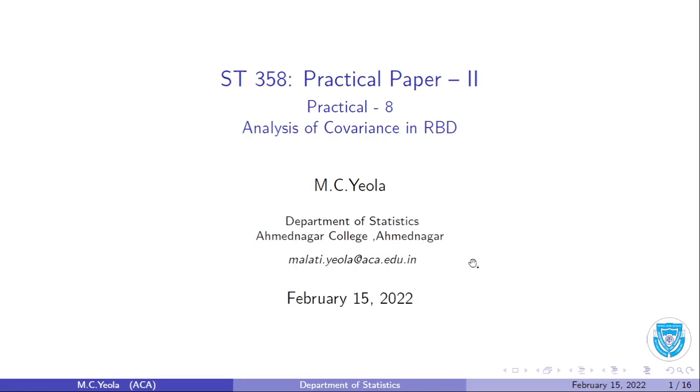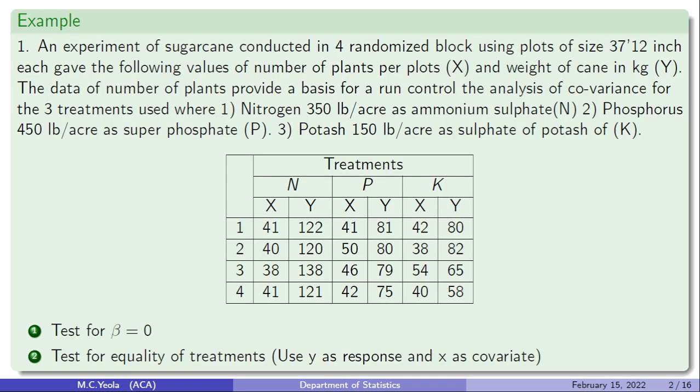This is practical number 8, analysis of covariance in RBD. So the first example in this practical is: an experiment on sugarcane conducted in 4 randomized blocks using plots of size 37.12 inches. Each gave the following values of number of plants per plot x and weight of cane in kilogram